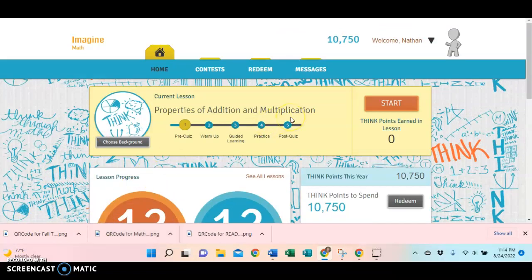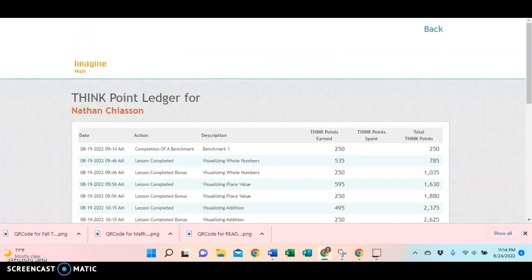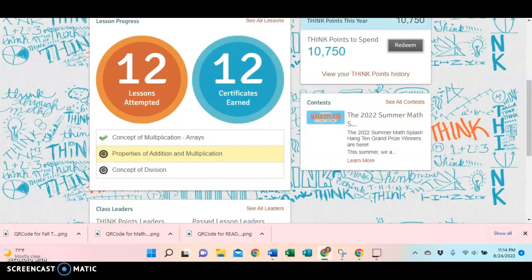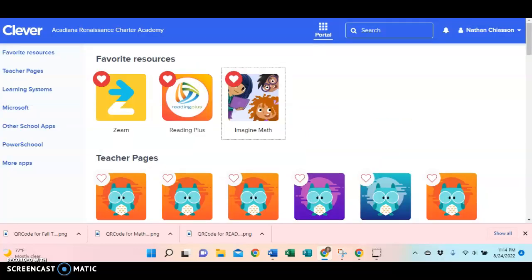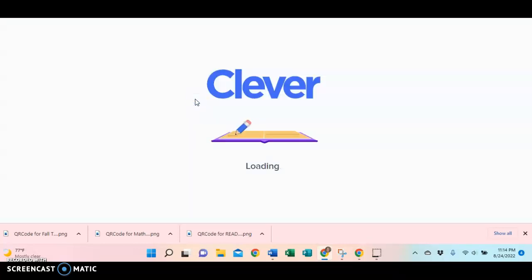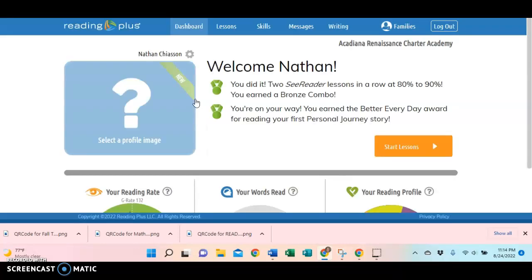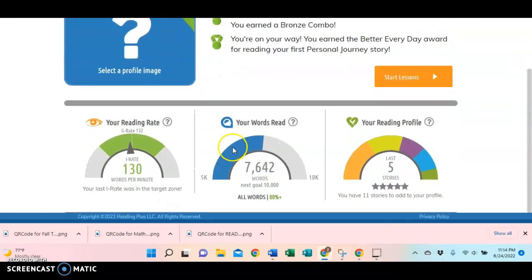All right, now we're going to go back to Reading Plus. By going back to our Clever, go to Reading Plus. On the home page for Reading Plus, you can see their reading rate, their words they've read, and their reading profile. You can click Start Lessons,